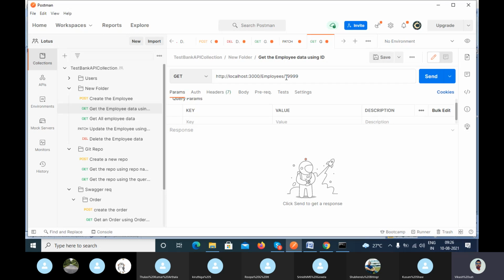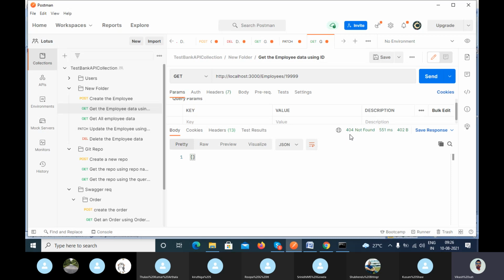This data does not exist inside this particular resource, so in that case you will get 404 not found, because that particular data does not exist anymore in your resource.